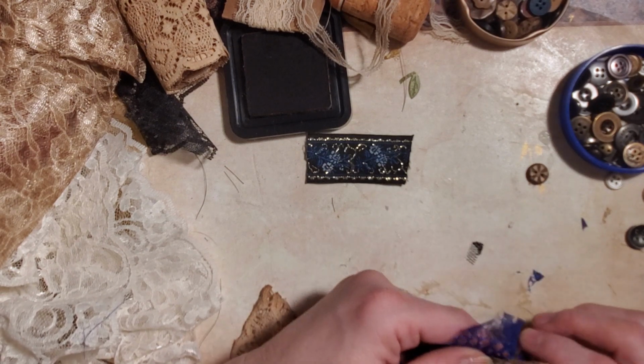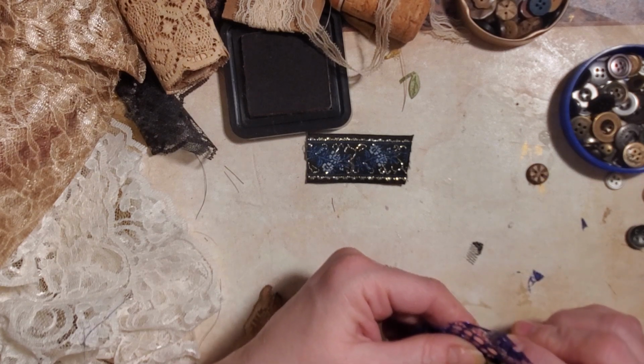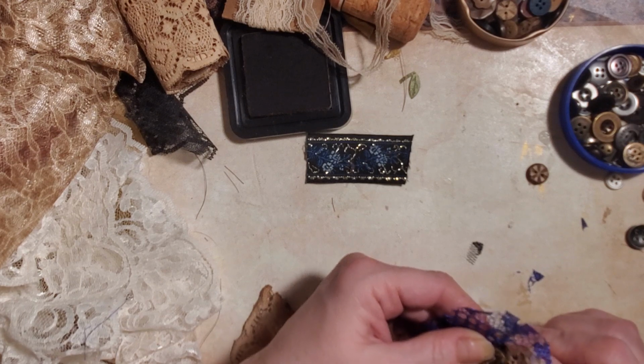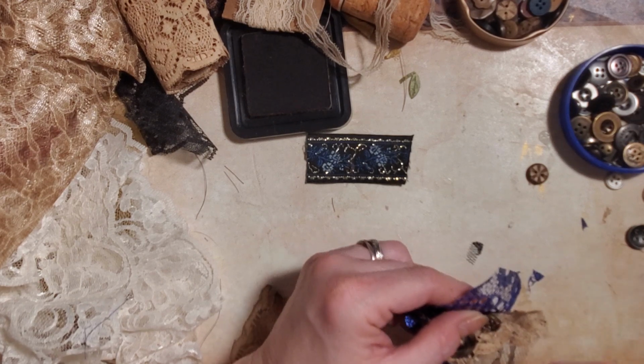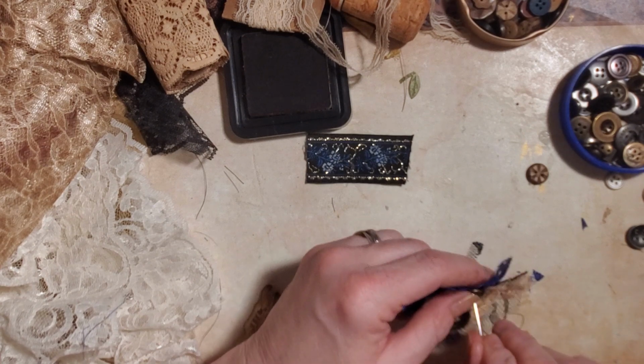No, I really enjoyed doing the design team project this time. I mean, I enjoyed it last time too, but the papers were so pretty and so easy to build that